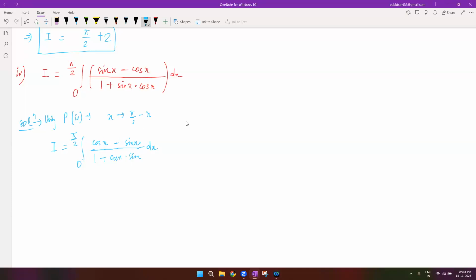This should be your second equation after calculation. This is our first equation and this is our second equation. Now we can add 1 and 2. Limits are the same, and if you observe, the denominator is also the same, so you can directly add this. If you add it,